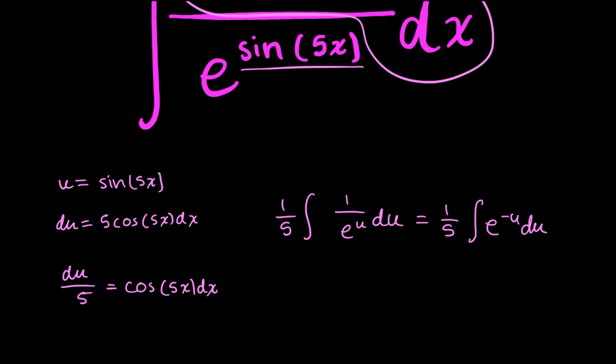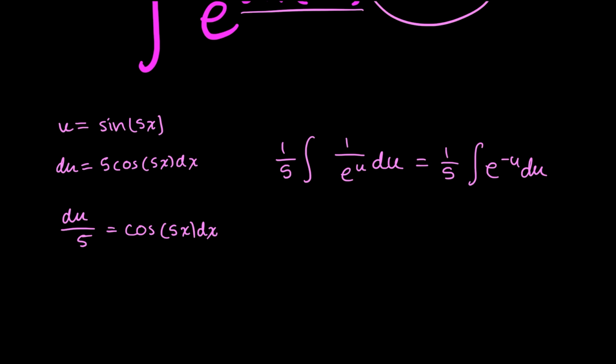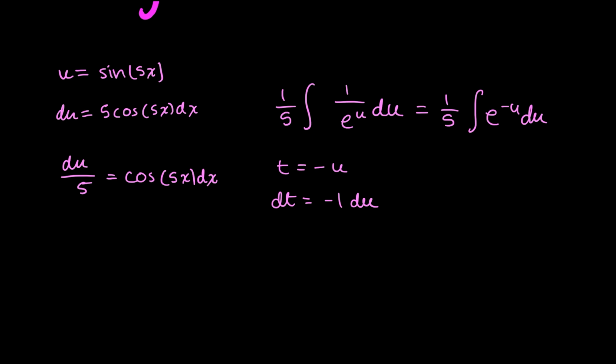And now you could either just compute the integral of this right away, or if you don't know how to immediately take the integral of this, you can do a quick substitution again. I'm just going to show it for the sake of demonstration. So I'm going to say a new variable for substitution, t, is going to be equal to negative u. And so dt is going to be negative 1 du, or negative dt is equal to du,